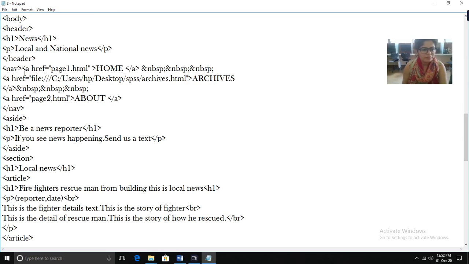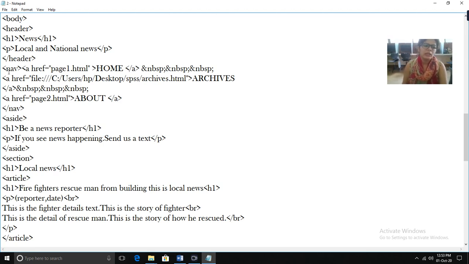This is exactly the same as we use the anchor tag and href to provide the reference of any web page. But apart from that, you also have to make use of the navigational tag.